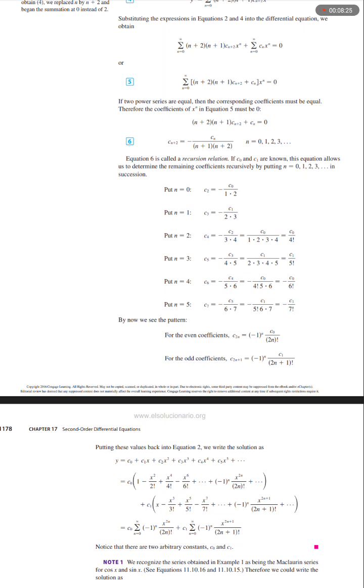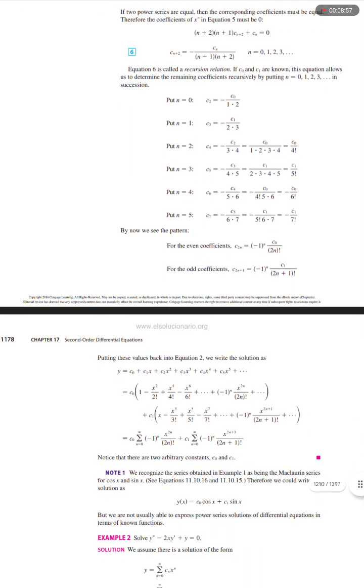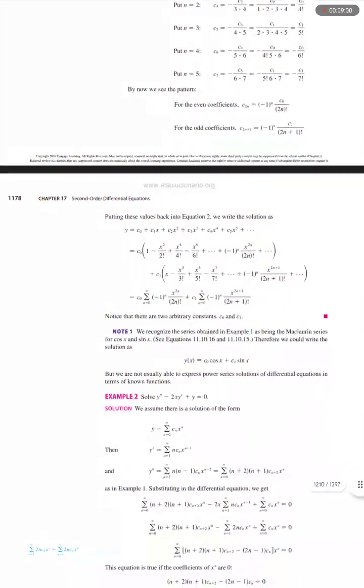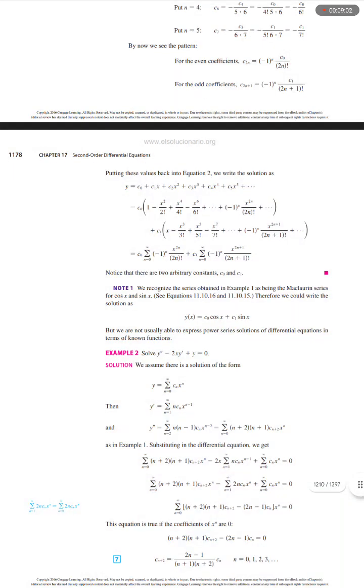By now we see the pattern for the even coefficients. C sub 2n equals (negative 1) to the power n times c sub naught over (2n) factorial. For the odd coefficients, c sub 2n plus 1 equals (negative 1) to the power n times c sub 1 over (2n plus 1) factorial. Putting these values back into equation 2, we write the solution as y equals c sub naught plus c sub